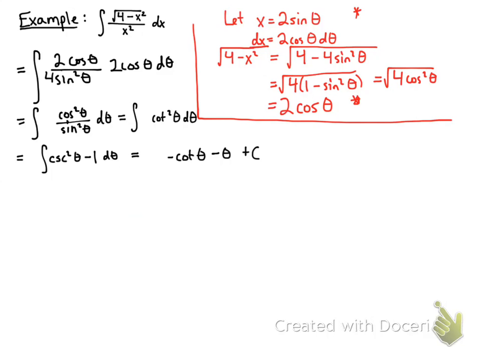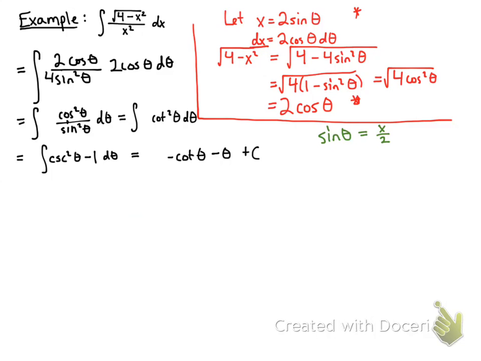However, it's in terms of theta. Since my original integral was in terms of x, I want my answer to be in terms of x. That is, I'm looking for a thing with x's in it, that when you take its derivative, you'll get the square root of 4 minus x squared over x squared. So I need to go back to my original x variable,